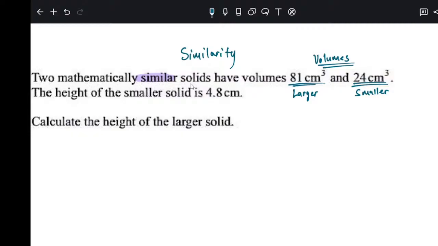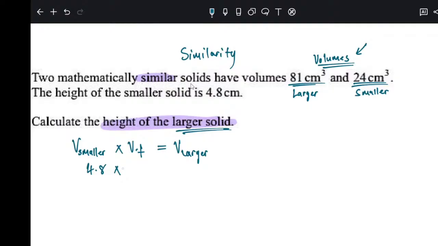But then you need to see in step number 2 what you will be looking for. You will be looking for the height of the larger. Since you're looking for the larger one, again in this question, larger will be alone. So you start with the volumes: volume of smaller times the volume factor gives me volume of larger. Now, what is the volume of the smaller? Volume of smaller is 24 cubic centimeters, if you want to put the units,